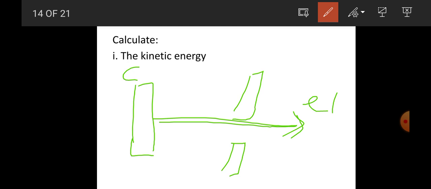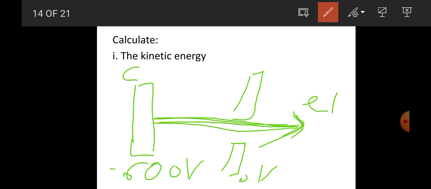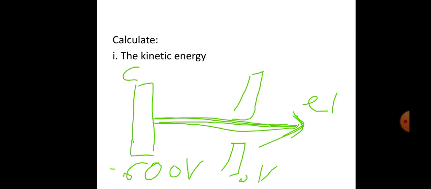This is found at 0 volt, and the cathode is found at 600 volt. Electrons are accelerated along this direction. So you are asked to determine the kinetic energy of the electrons. So to determine this,